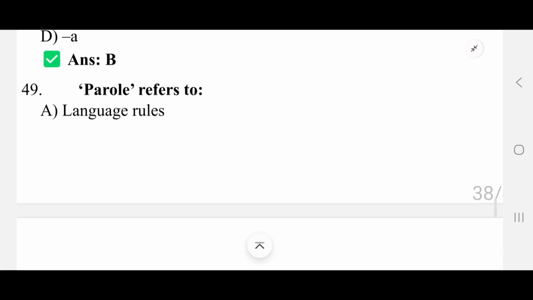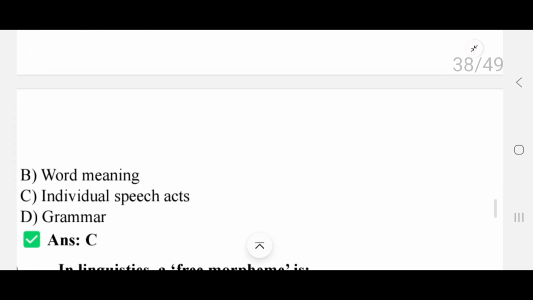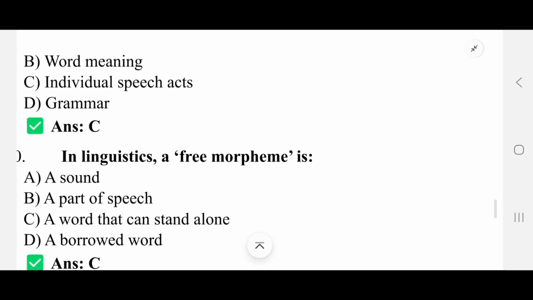Parole refers to language rules, word meaning, individual speech acts, grammar. So individual speech acts is parole. Parole is performance, more or less similar to performance, right? Lang and parole. Lang is actually the rules and parole is